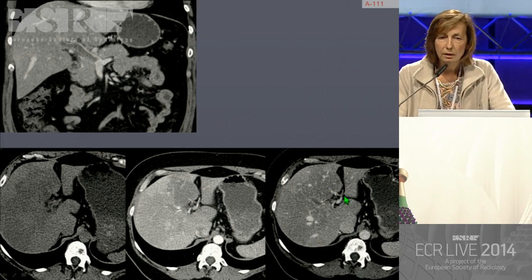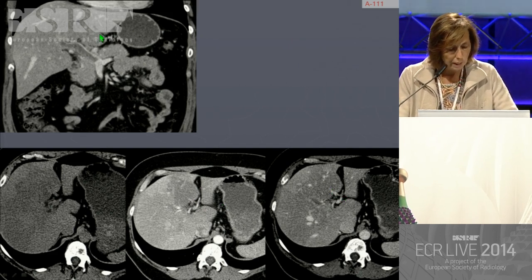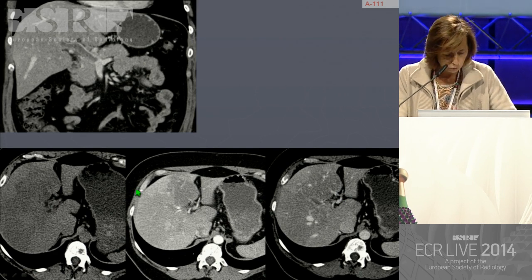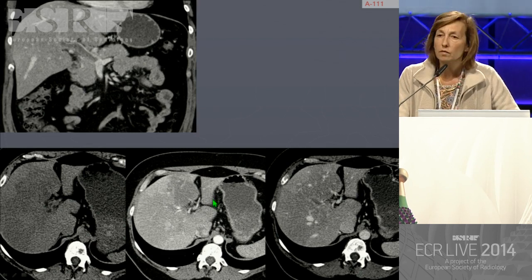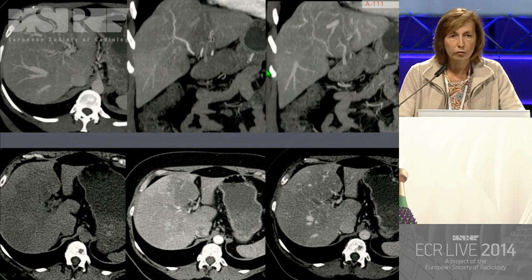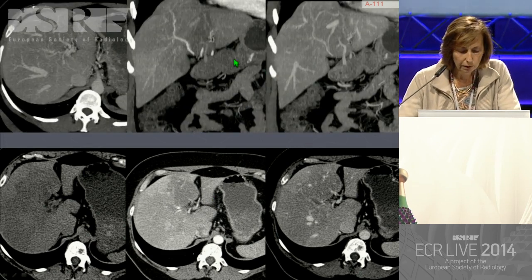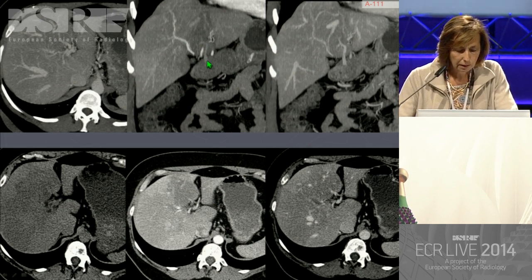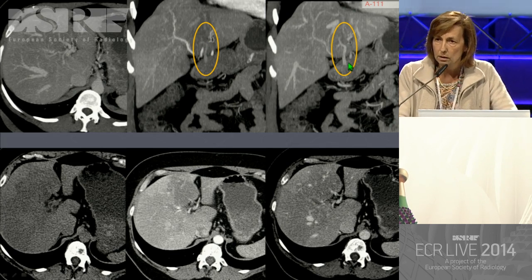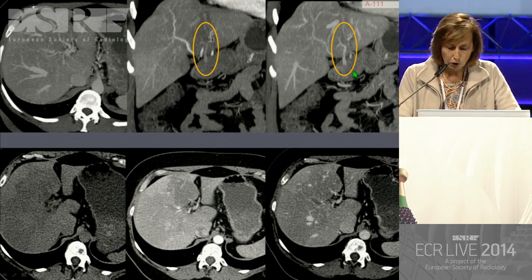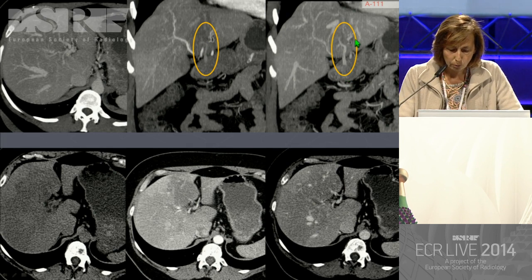segment 4. But it is difficult here, because this patient had a portal vein thrombosis, to assess, only on these slices, where this vessel comes from. So we perform CT reformation here, and as you can see, again, this vessel is here. It enhances on portal venous phase, so it is clearly a vein which belongs to the portal vein,